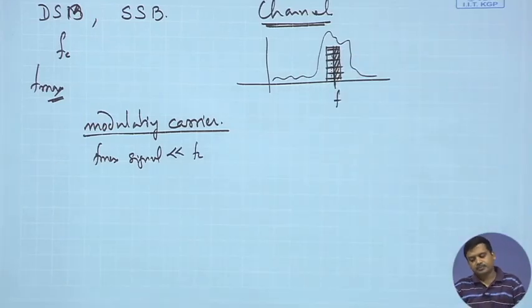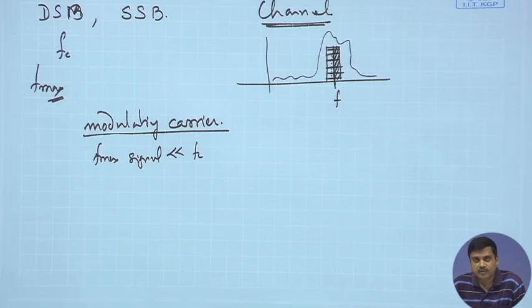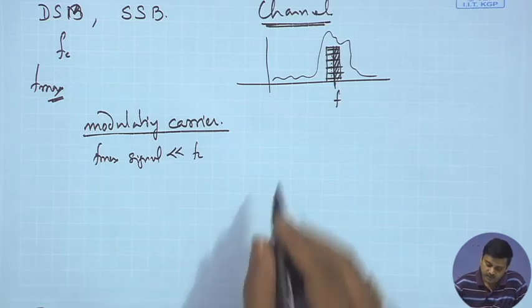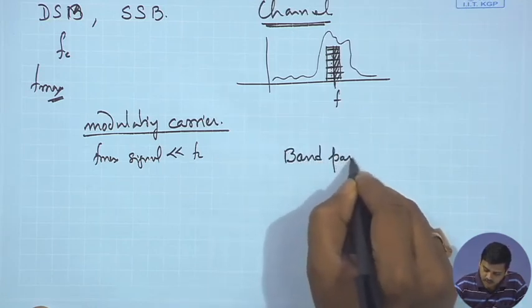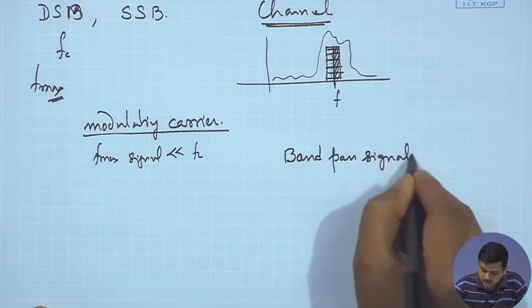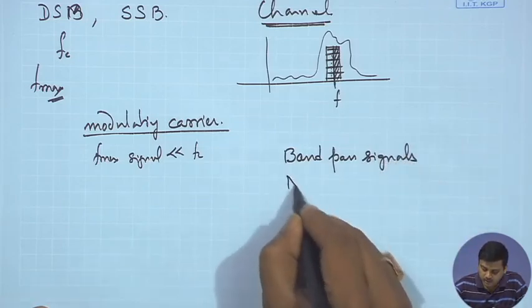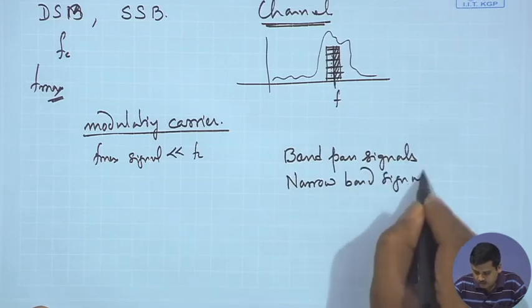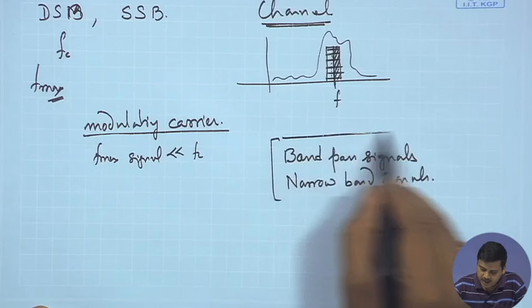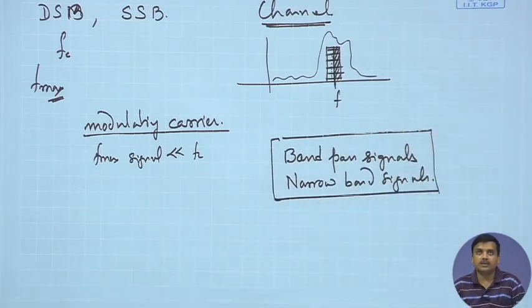other side. And we have seen previously that if you have the positive set of frequencies, you can reconstruct the entire set of signals. So, all we are trying to say at this point is that we are talking about band pass signals, and we are talking about narrow band signals. So, you can say narrow band pass signals is what we are interested in, and we would like to